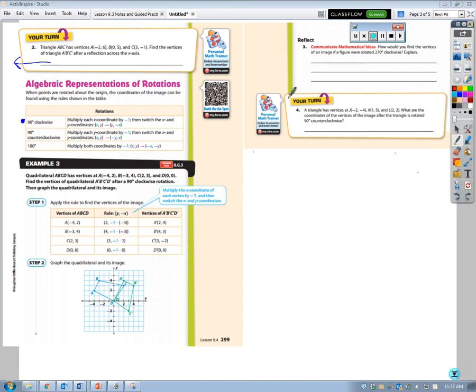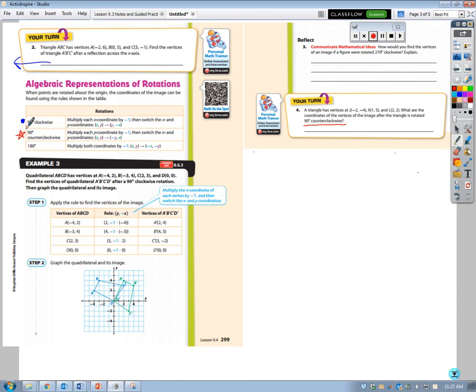Okay, so I'm going to take a look at my Your Turn here. And I'm going to skip Reflect for now. We'll come back to that. I want to jump to Your Turn first. And we have a triangle with vertices J (-2, 4), K (1, 5), and L (2, 2). And we want to find the coordinates of the vertices of the image after the triangle is rotated 90 degrees counterclockwise. Okay, so I'm going to jump over here and find my rule for 90 degrees counterclockwise,